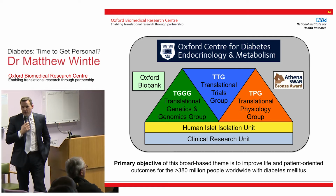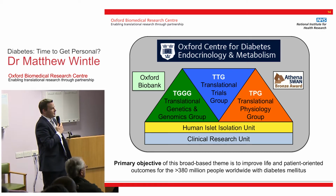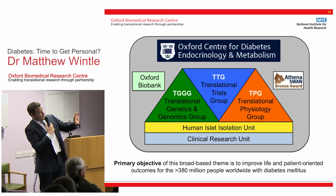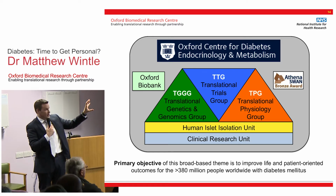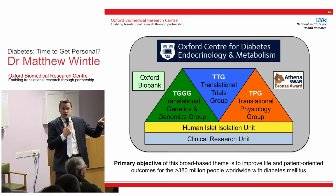So how are we set up here in Oxford to prepare for the future, or if not, continue our leadership into the future? And I think this is a nice schematic of the house we have at the Oxford Biomedical Research Centre in Diabetes. Not meant necessarily to be separate, but it is slightly separate. The Oxford Biobank is something that I also want to focus on, because I believe this is a tremendous effort led by Frederick Karp. So we have two core facilities, and that is our clinical research unit led by Sue Beattie,